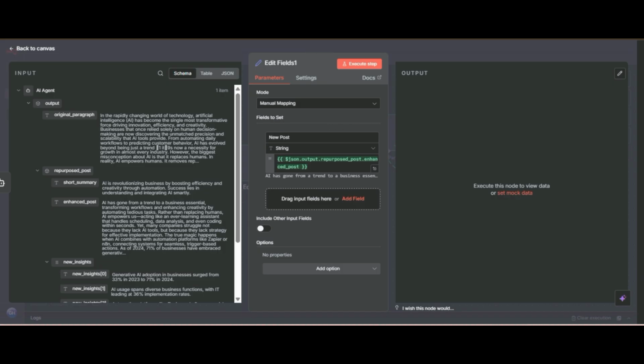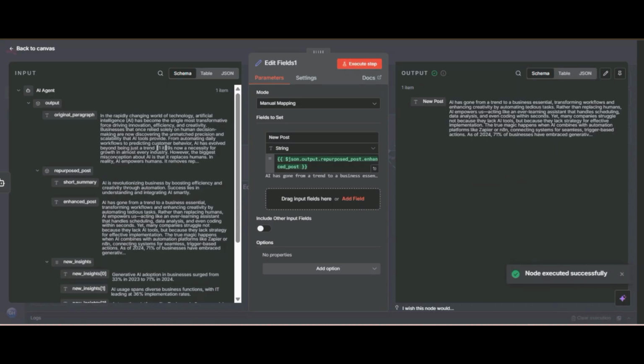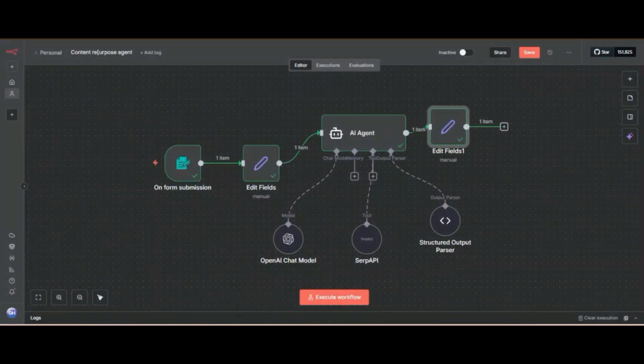It will only retrieve the desired selected text and will remove unnecessary data. So now you can see it removed unnecessary data and only passed the desired data. And it also changed the name of the data.